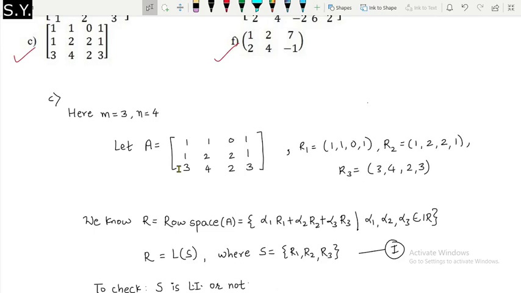So if they are not scalar multiples of each other, then we can directly say that that set is linearly independent, if your set is containing two vectors. पण तुम्हाला इथं दिसू शकतं की इथे 0 आहे ना, so it is very much clear that these two vectors R1 and R3 will not be scalar multiples of each other. If you multiply first row by 3, then you will get 3 3 0 3. You are not getting this row back.